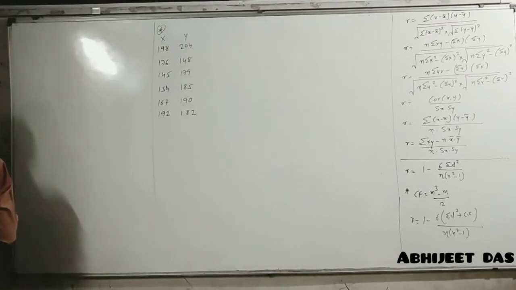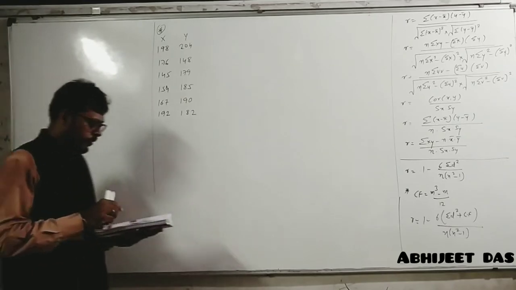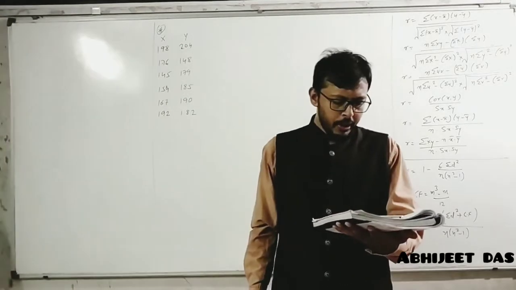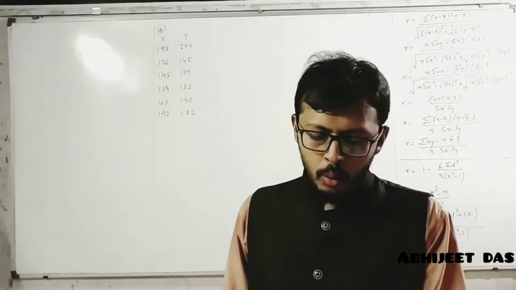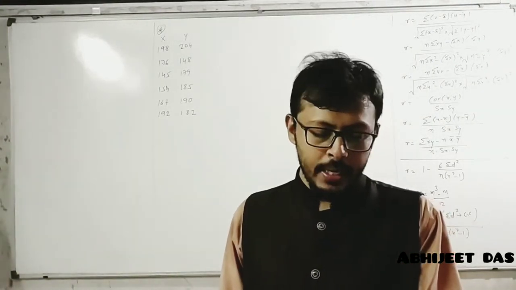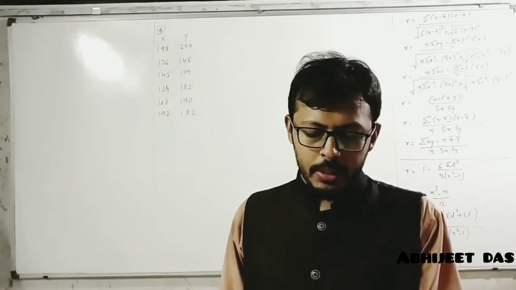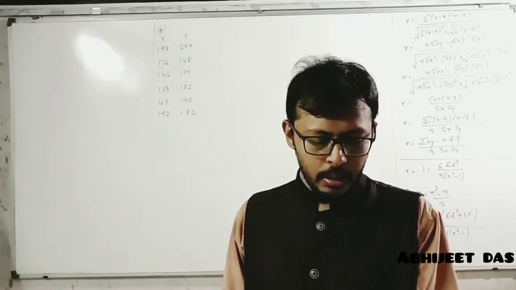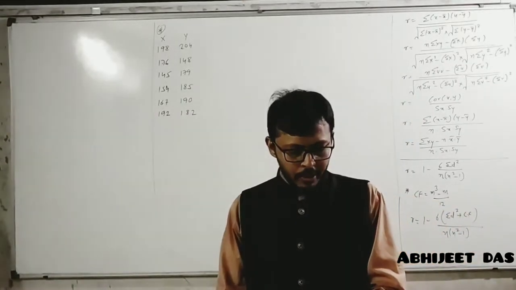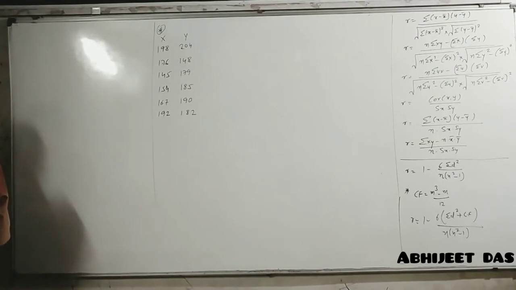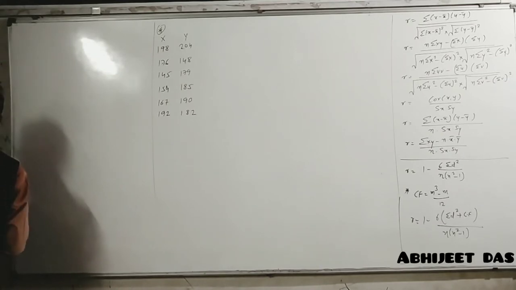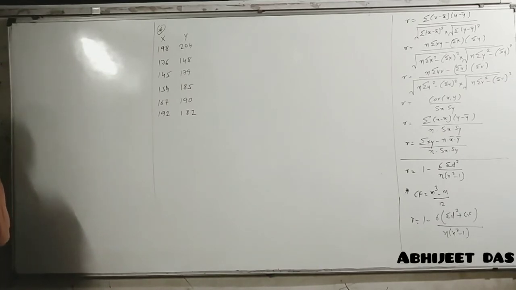Now coming to question number 5. The demand of an imported fruit in a local market is very uncertain. To know the relation between the price of the fruits and its supply, a vendor collects the information about the average price and supply for last 10 months. So average price per unit as X and supply as Y. We have to find the rank correlation between the average price and the supply. Yes, again we have to allocate the ranks.